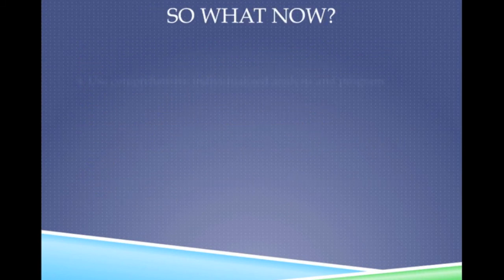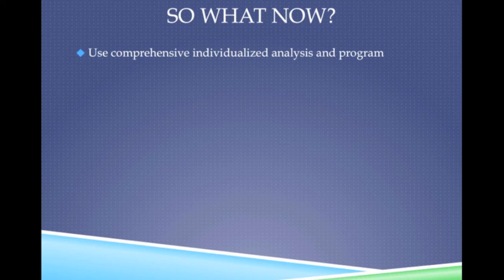So, what now? As occupational therapists, we have to use comprehensive individualized analysis and program, tailor-cut our program to each and every child with autism, because children with autism are not the same. Treatment that we will use for A is not going to be applicable to B. And we have to involve the family. It has to be centered through the family, collaborate with the different